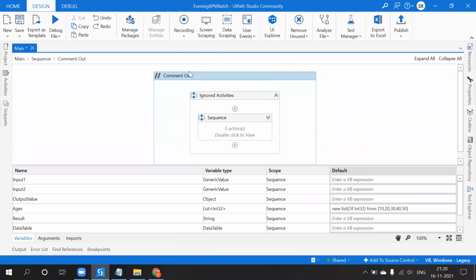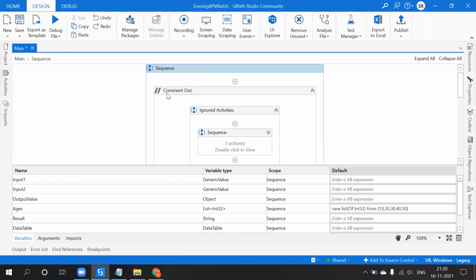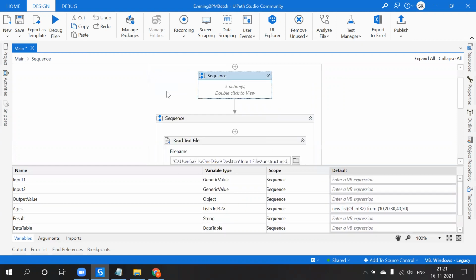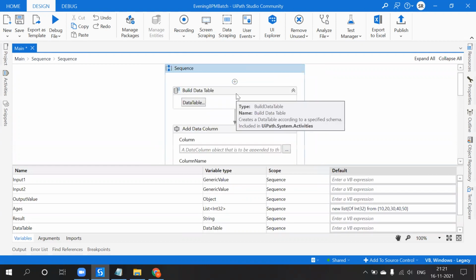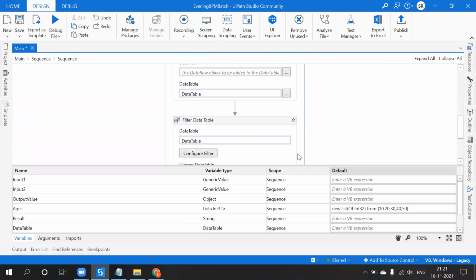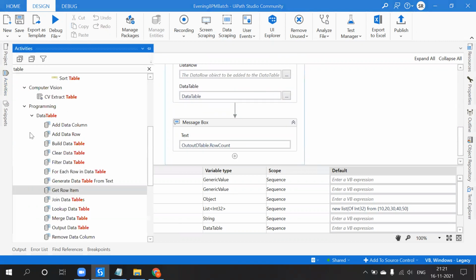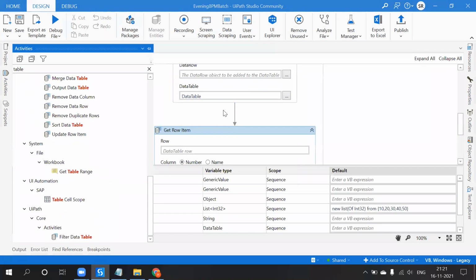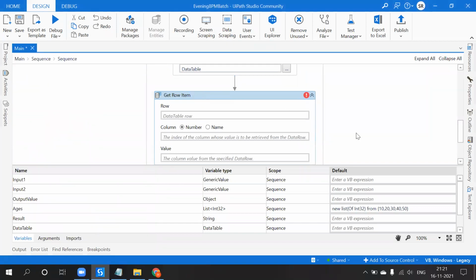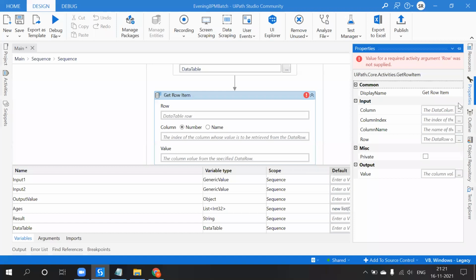After adding the row, we already saw filter the data. So the next activity is Get Row Item. So what is this Get Row Item? It is getting the value from the row, that means getting the row.